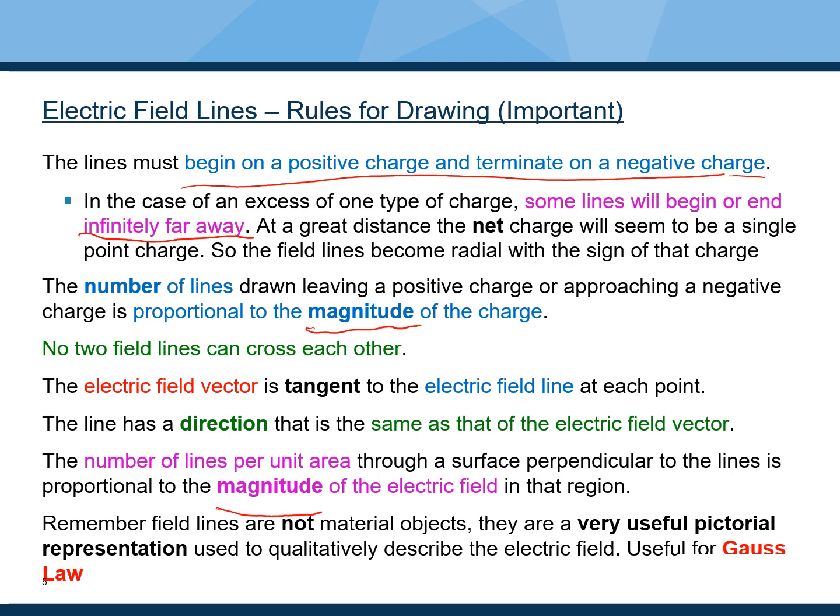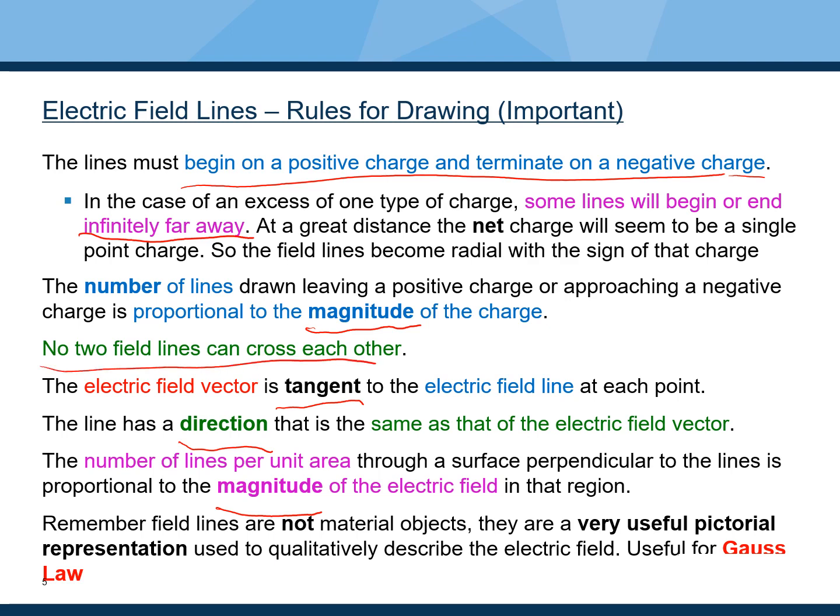And we can also retrieve the direction of the electric field by realizing that the direction of the electric field vector is always tangent to the electric field line. Now notice that at any location you should have a unique electric field. And because you realize that the electric field line is always tangent to the electric field, you cannot have a situation where two field lines can cross